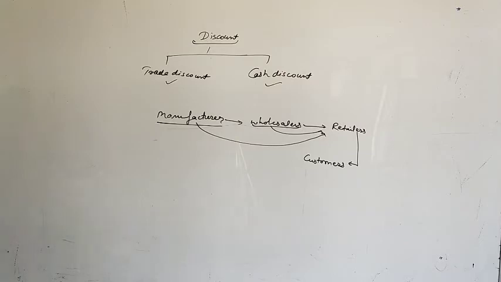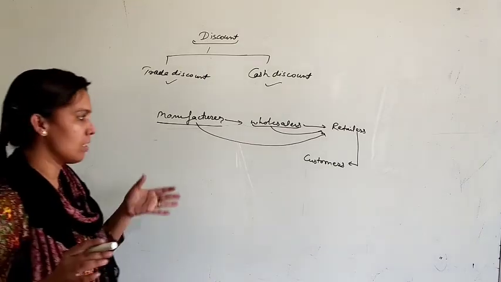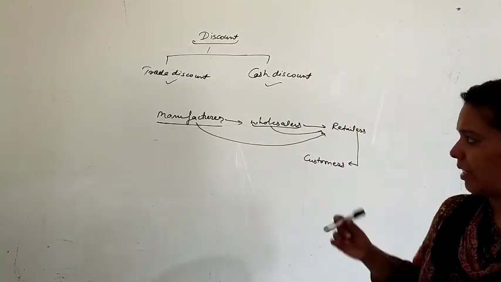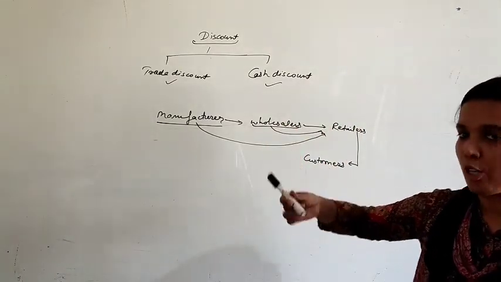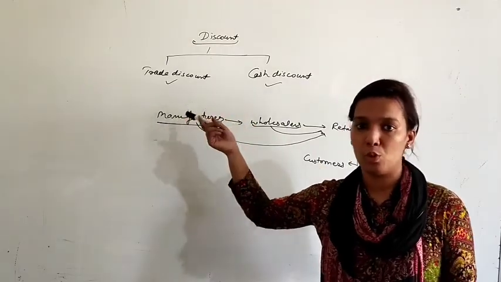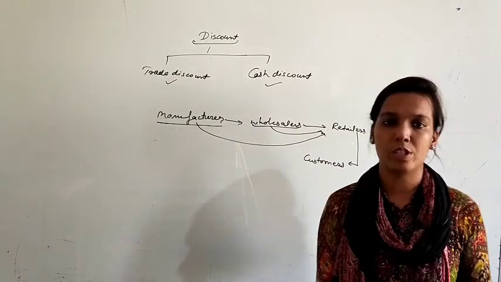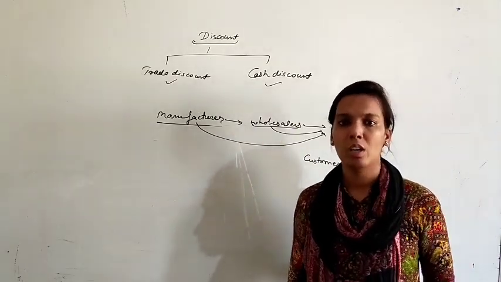Now let's take one question based on these types of discounts, so it will be easily cleared by your side. I will take one question that will be fully based on the discount price and some normal journal entries also, that will make it clear. I told you one point, that trade discount is not recorded separately in the books. So how will we show it? It will be clear in the question. Or cash discount is recorded in the books, so how will it be shown in the books.